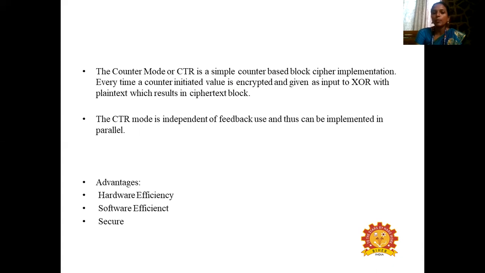If you want to open a bank account, they will suggest that we keep a strong password. That means we have to use uppercase, lowercase, special characters, everything. They suggest a strong password because then the attackers will not be able to get our data easily. But for brute force, by using these modes of operation, we will protect the data from unauthorized users and from brute force attack.